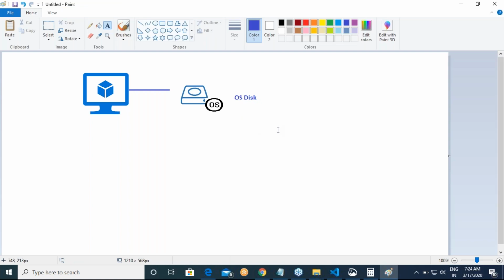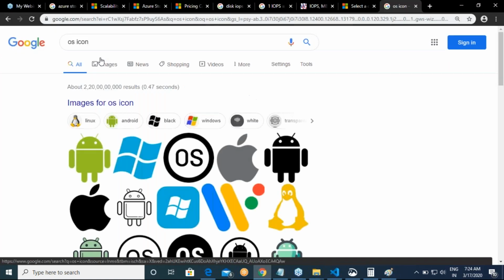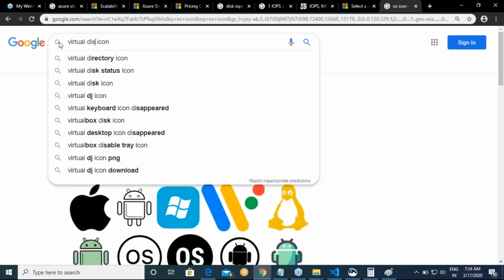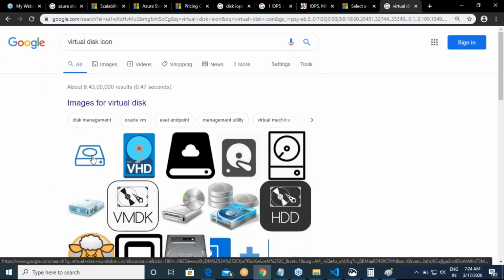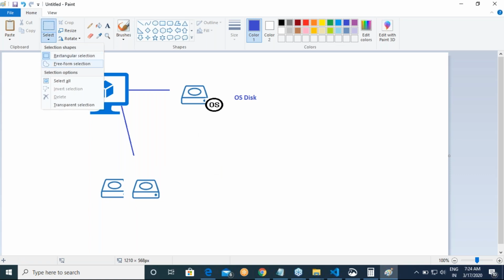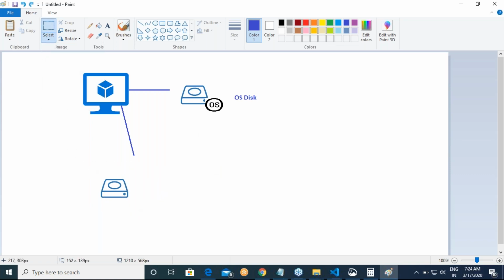Along with this, an Azure virtual machine can have one or more disks, or let me go with one at this moment.